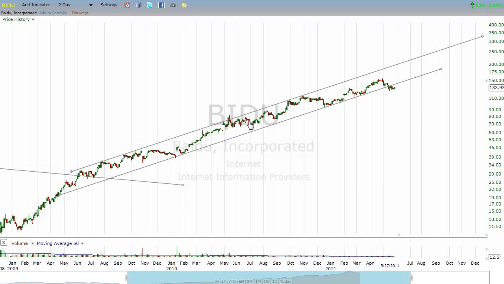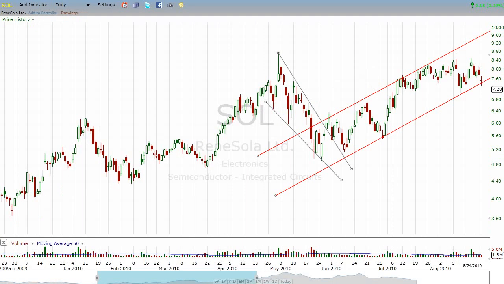And I want to show you, this actually comes from a true story. I was looking at Rensola, and I was seeing these patterns develop. I said, that was an awfully strong move right here. It got up over this trend line, over these two tops from January and March of 2010. And I was just kind of doing the draw-the-line thing, and I'm going, okay, well, these bottoms sort of line up a bit. Let's just kind of see what happens.